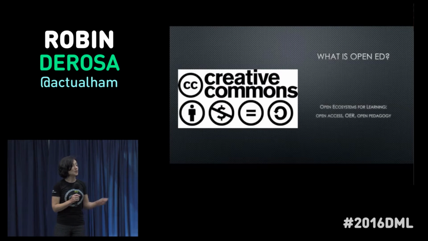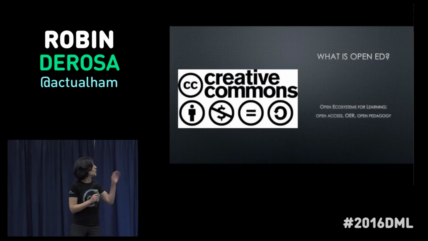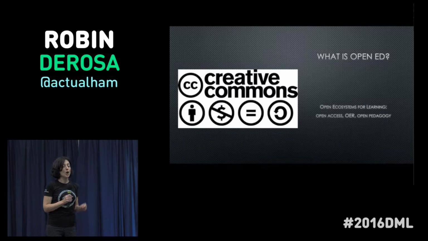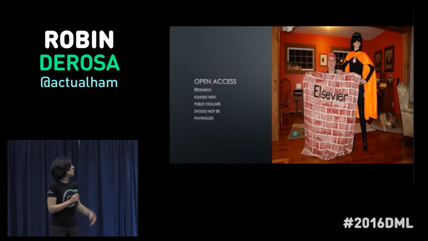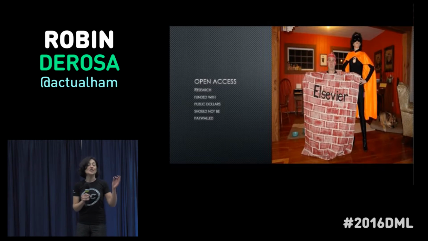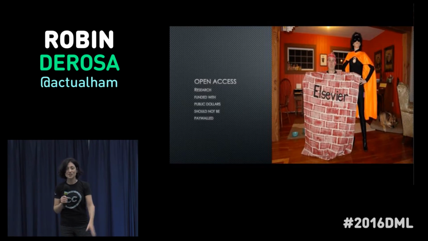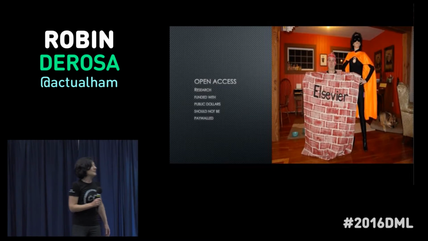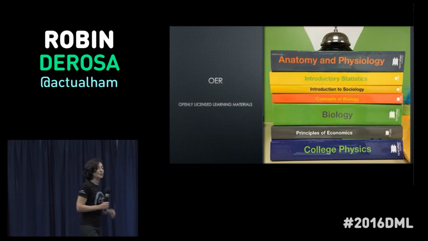And I want to suggest that we do that using the philosophies of open education, particularly the cornerstones of open access, open educational resources, and open pedagogy, to build this case for public higher ed. We'll start by talking about open access, which is just the basic idea that research, particularly research that's publicly funded, should not be paywalled. And by this we mean the public that paid for research should not have to pay twice to access that research.